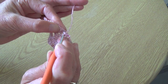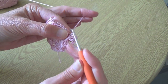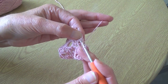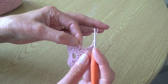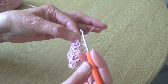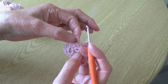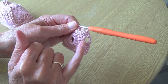Then again we're going to do 3 stitches as normal. 1, 2, and 3, and then again 2 chain, miss that stitch and go into the next one and do 3 stitches, which again will bring you up to the corner where you will do 2 treble, 3 chain and 2 treble into the corner, and we carry on like that, doing this miss stitch